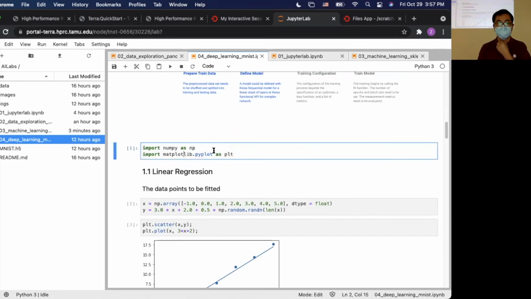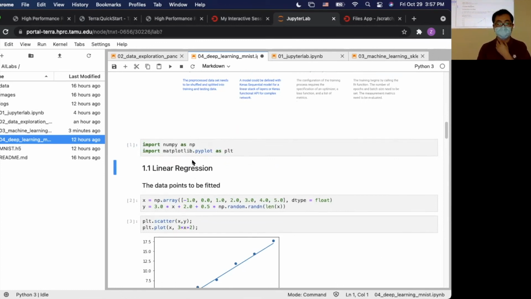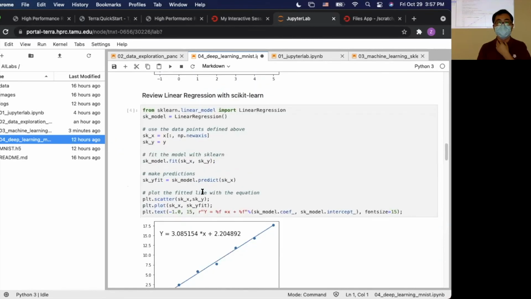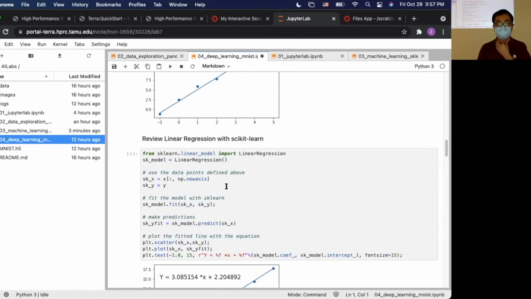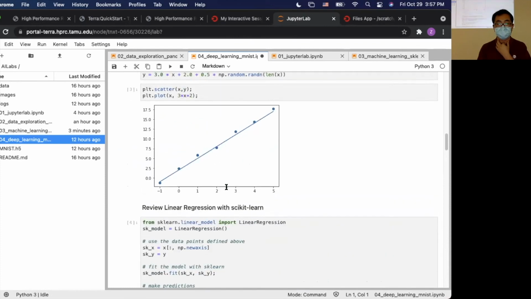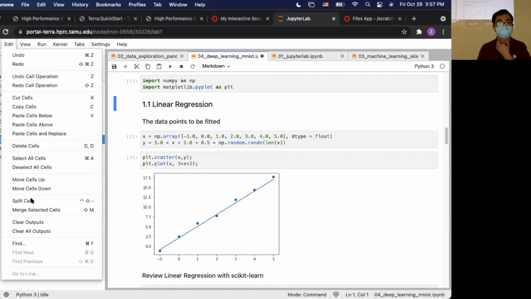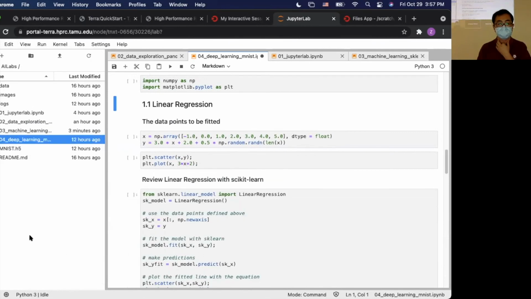So here we will import some libraries as usual. So this is about linear regression. And linear regression with scikit-learn, we have learned about it. I will clear all the output.